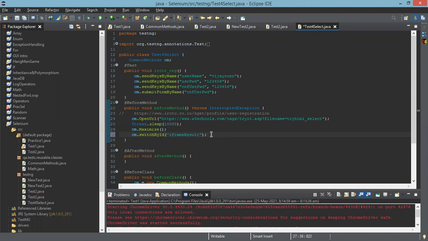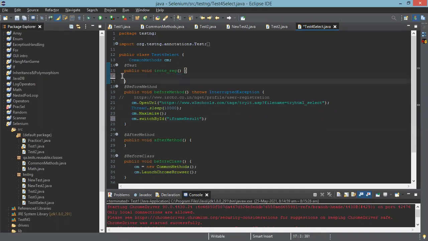After selecting, you can go and select the values, multiple values. Now, inside this test method, remove all these methods and call your actual methods for selection. This is a different test, and you have already saved those earlier. Remove them and say cm dot select by index using visible text.